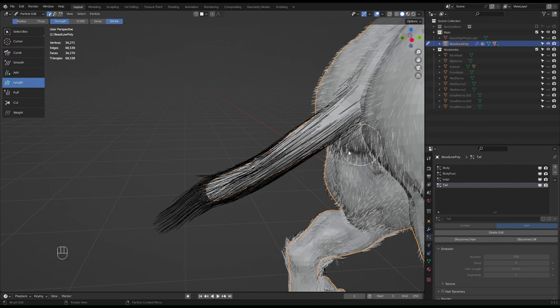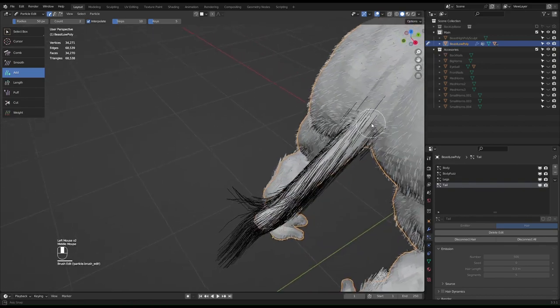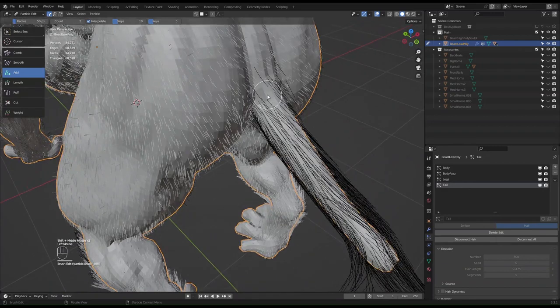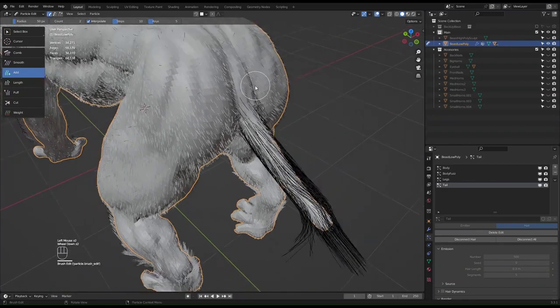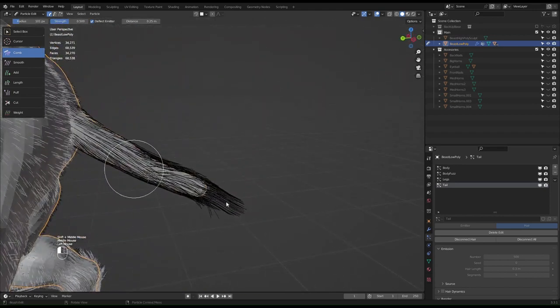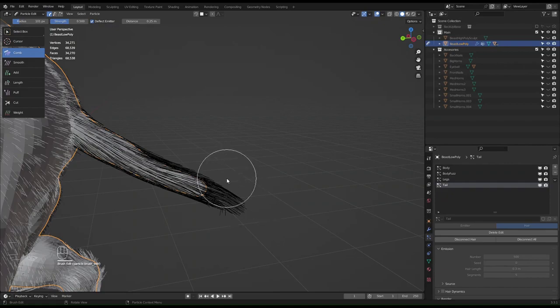Coming back, lint brush. I'll probably add some hair over here. Click the add brush. Number of steps, keys, count to 10. That's too much. 2 is fine. Click the plus sign, and it goes crazy. Make sure interpolate is turned on so it will follow the flow. And over here, and over here. Thank you. Grab back to the comb brush, fix this mistake, a rookie mistake,